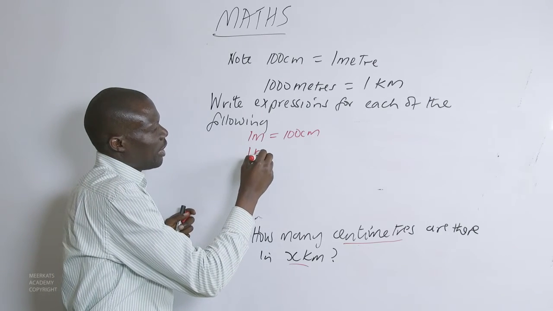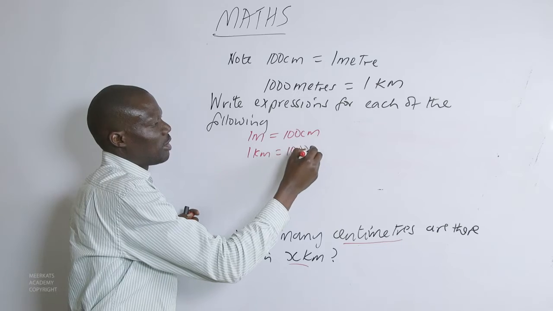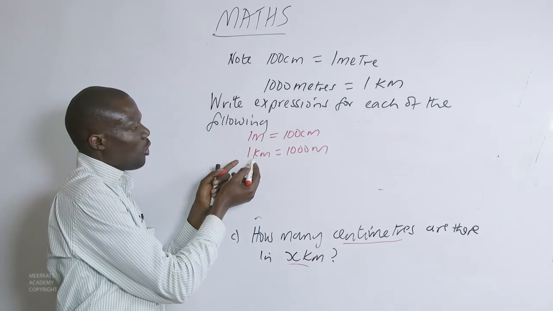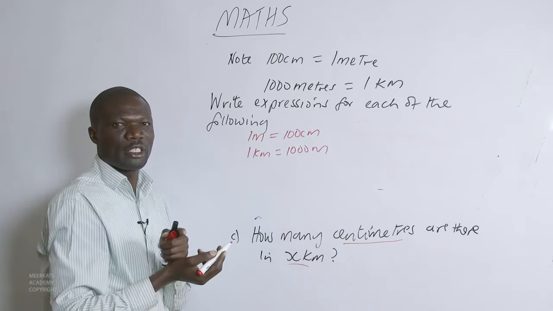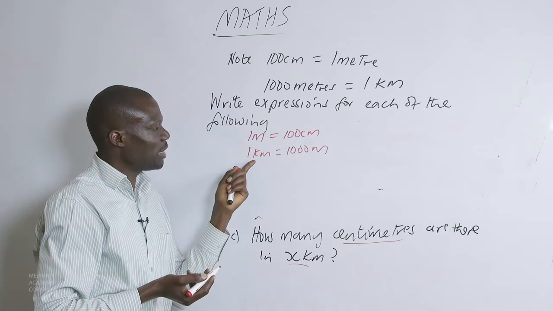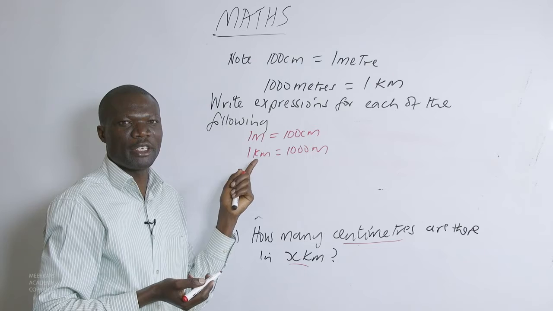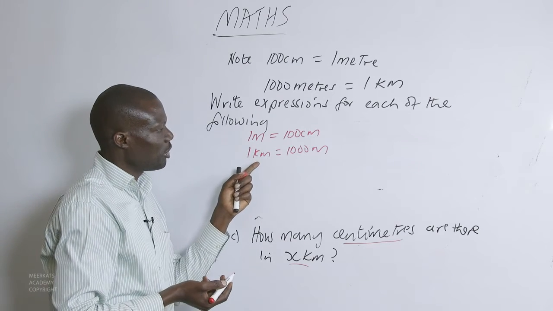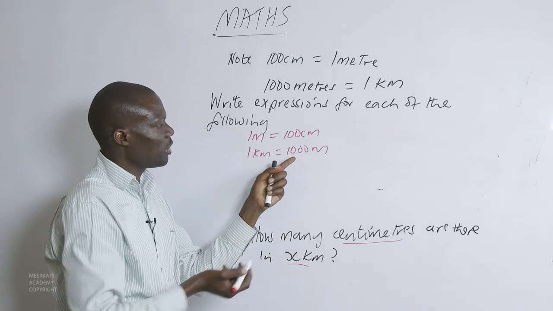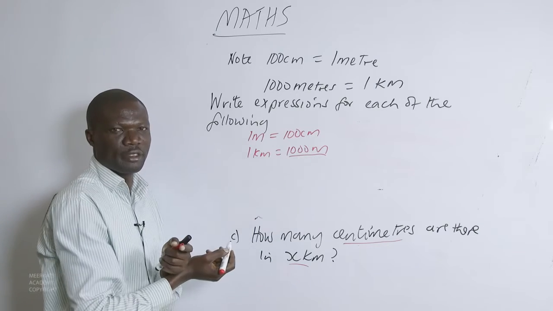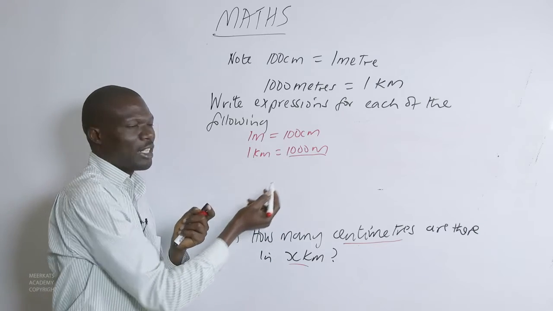1 kilometer is equal to 1,000 meters. So, if we want this, we should first change the kilometers into meters. So it means that if we don't want to use this here, we shall bring in and say that 1,000 is the same as